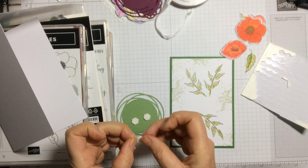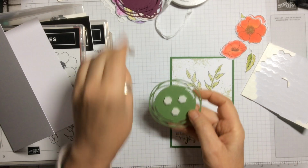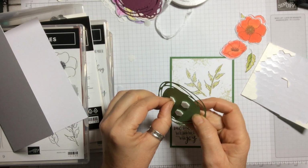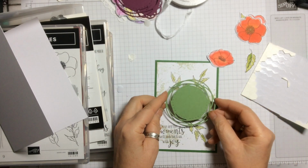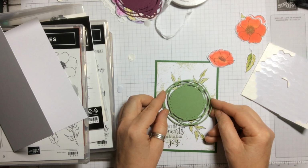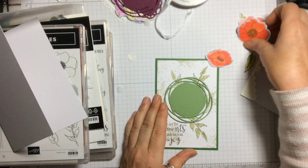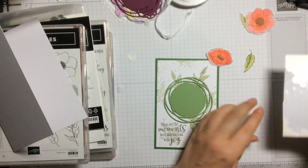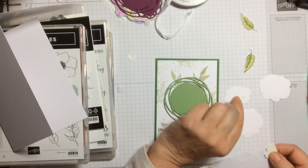A double bit of tack on there, all the little covers, right. Okay, so we can now put this one, and you can really put it however you want, but I'm just going to put it fairly centrally so it doesn't come too much into the words, like that. Then we've got our little flowers, and again I think I'm going to put the flowers up with dimensionals as well. So I've got 2 of the large and 1 of the small,